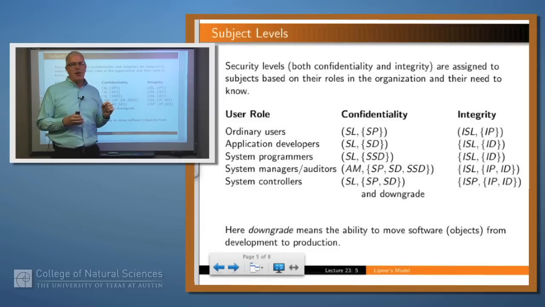Downgrade here means the ability to move software from the development side of the house to the production side, which really requires changing the label on an object from development to production. That's something you typically wouldn't find in Bell-LaPadula or in Biba strict integrity.